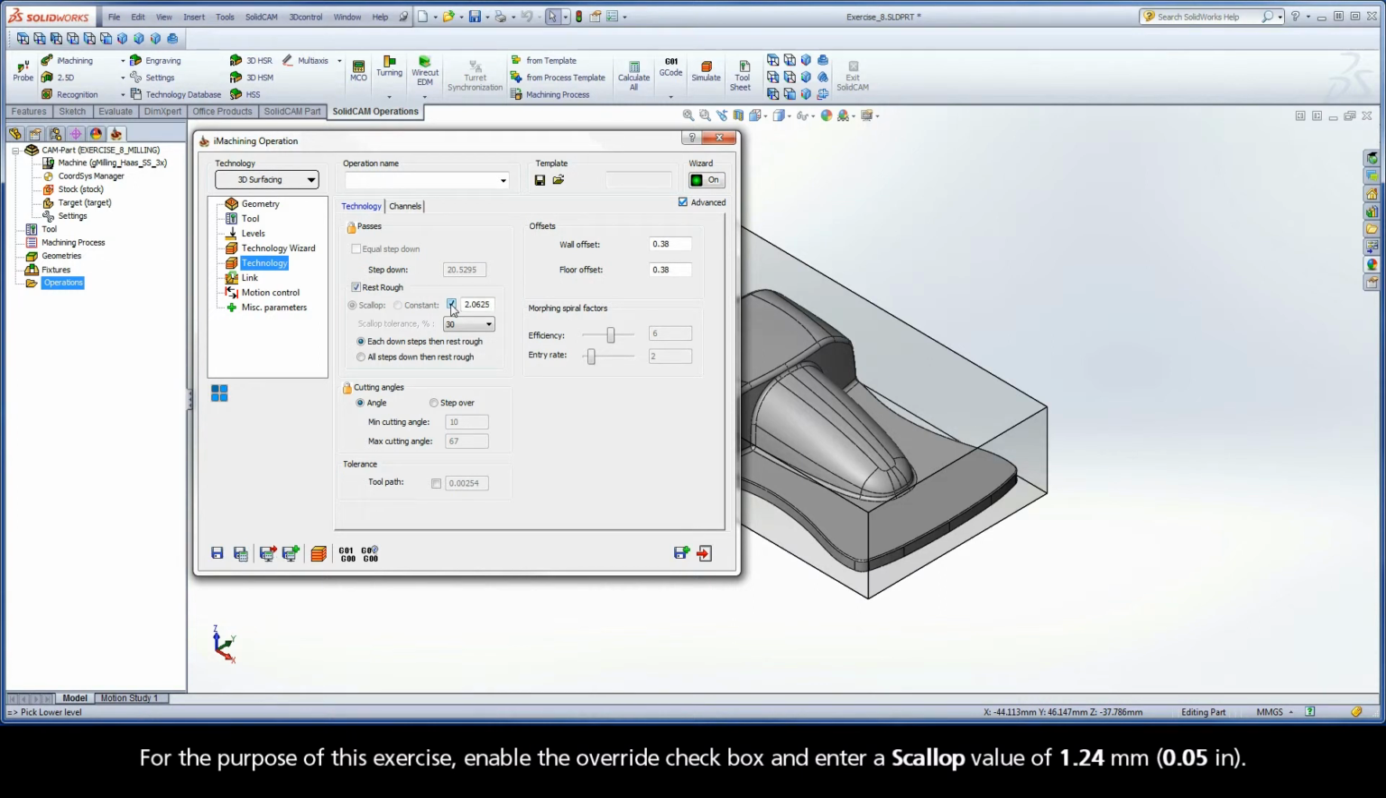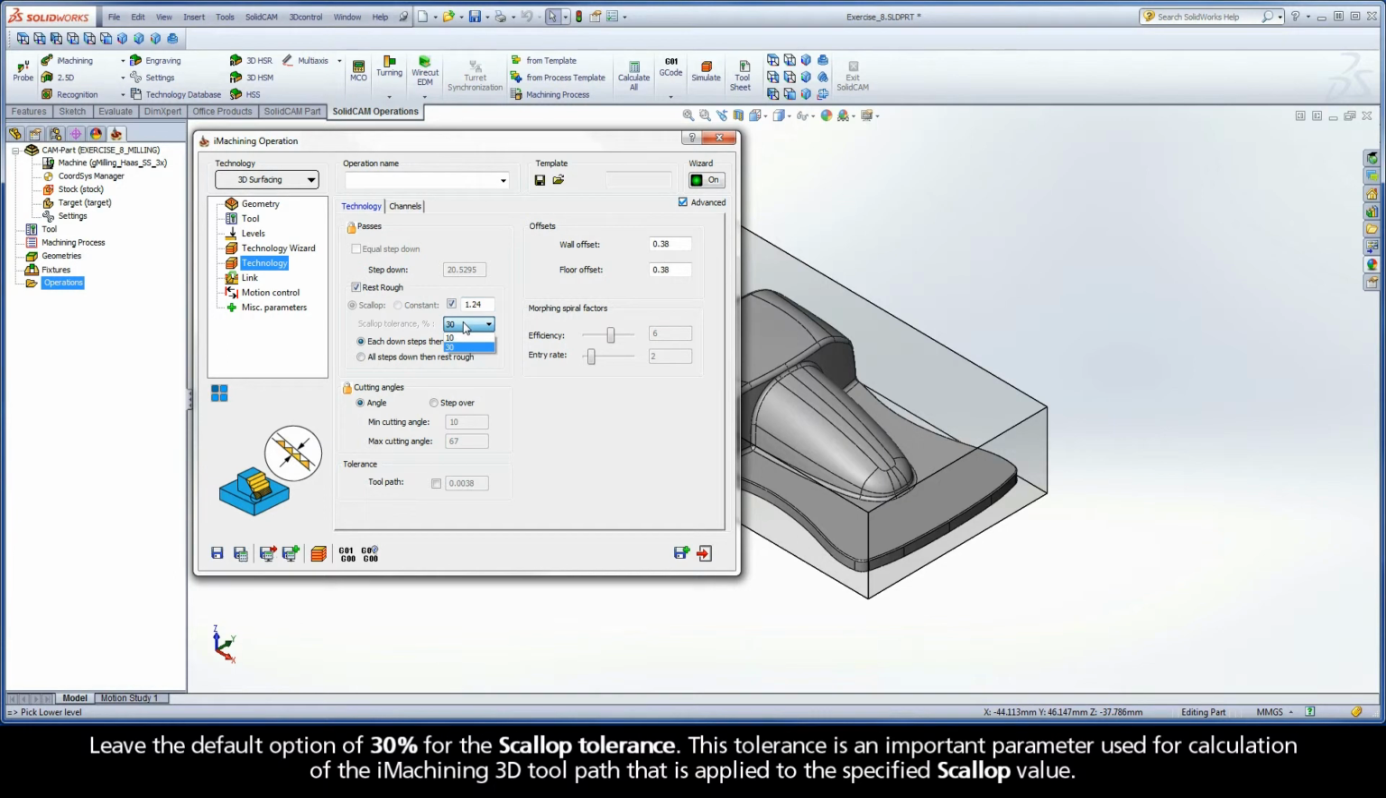For the purpose of this exercise, enable the override checkbox and enter a scallop value of 1.24 millimeters. Leave the default option of 30% for the scallop tolerance. This tolerance is an important parameter used for calculation of the iMachining 3D toolpath that is applied to the specified